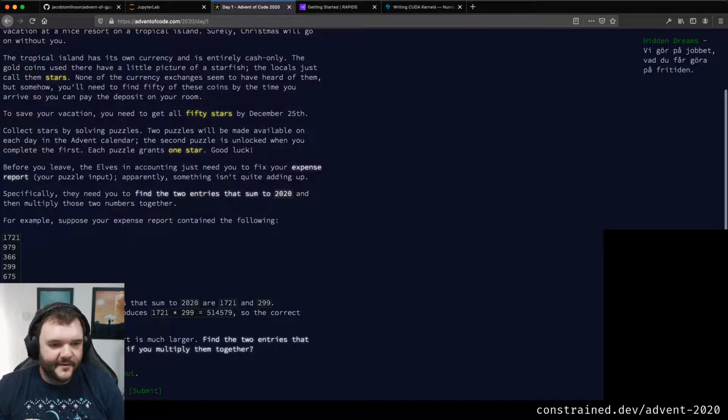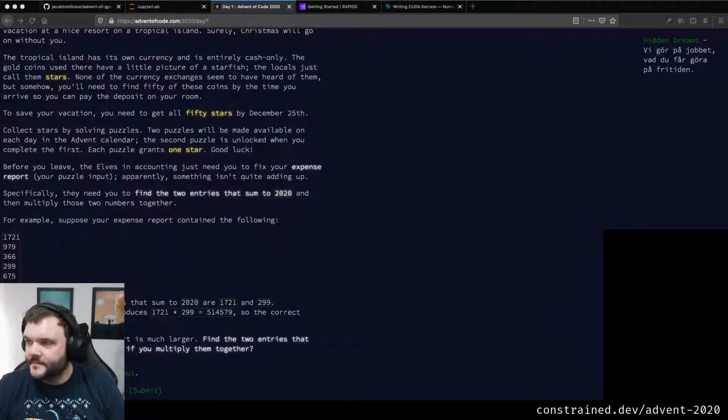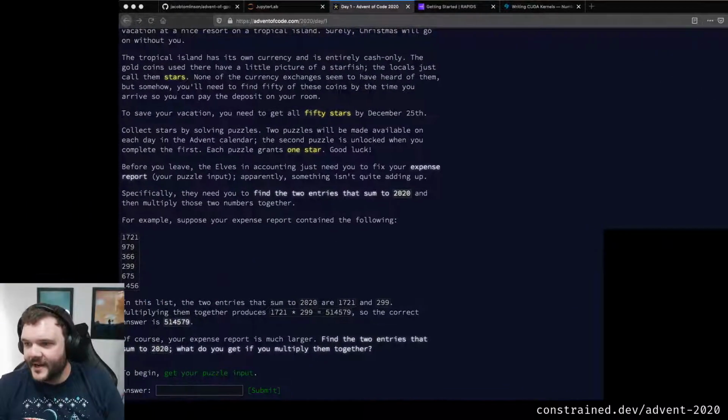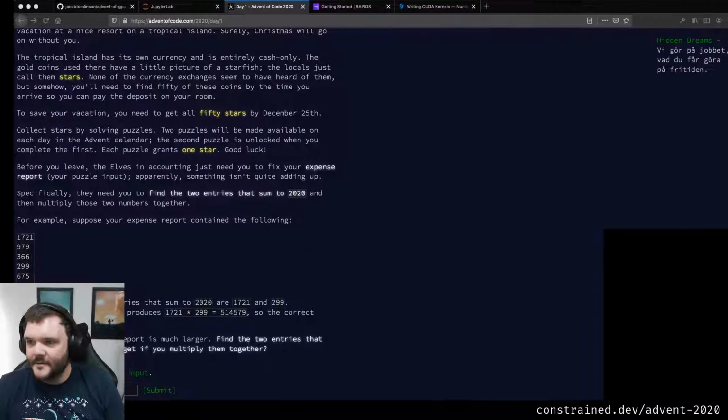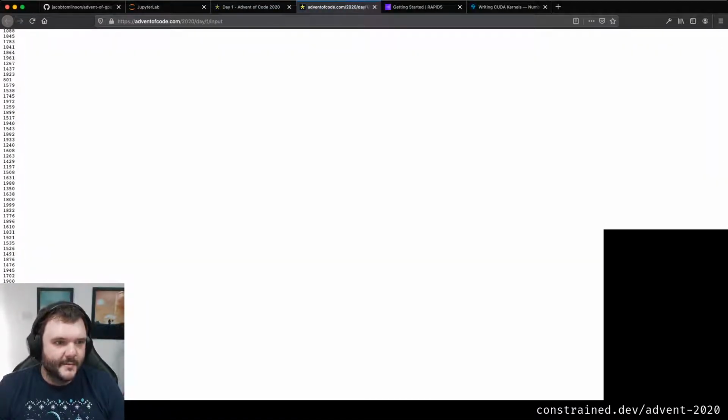I'm still in the way of the puzzle and stuff, but that's fine. I've read that out. Sorry, I can think about how to rearrange things a bit. So there's a button behind my head called Get Your Puzzle Input. Ooh, that was not what I meant to do. But there it is. If I go like this, you can see, right? Get your puzzle input. So if I click Get My Puzzle Input, I just have a big input.